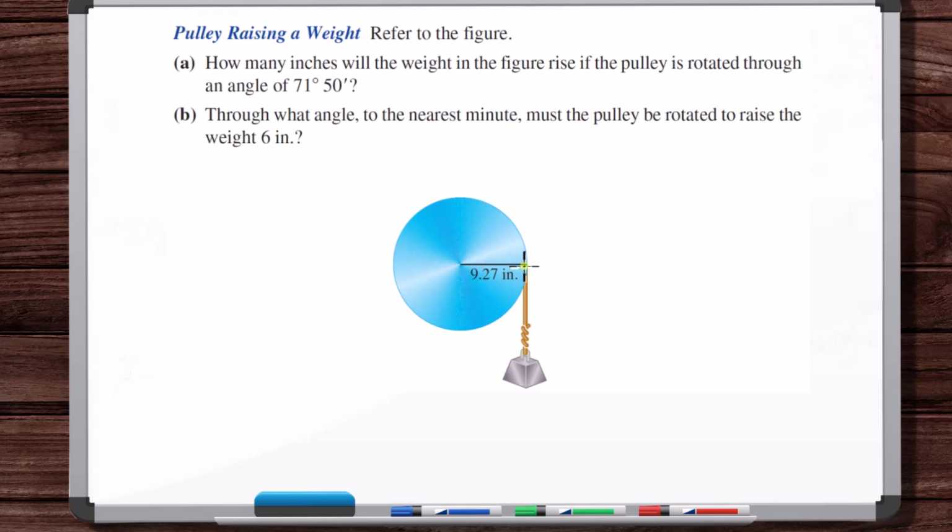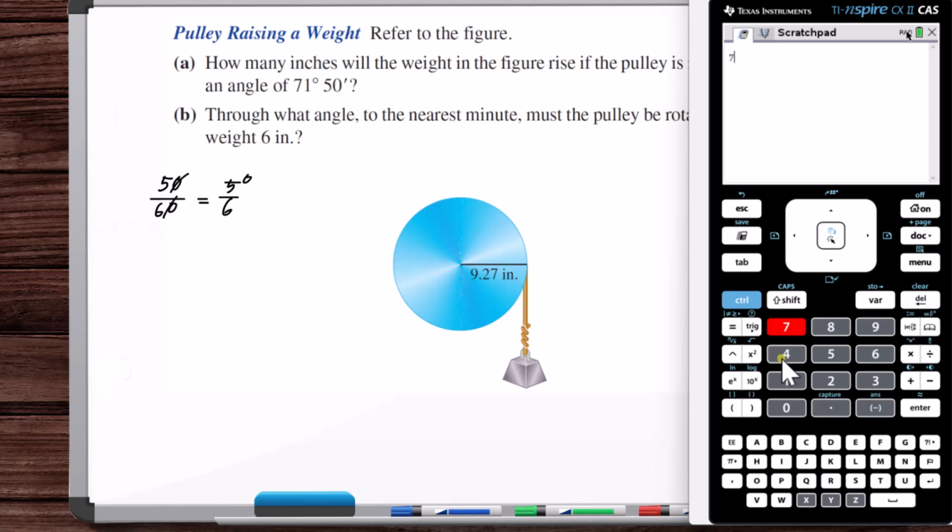The distance of arc length traversed through this angle is going to be the distance the weight moves. Okay, so what is 50 minutes in degrees? There's 60 minutes per degree, so 5/6 degrees. So you've got 71 and 5/6 degrees. So 71 times 6 plus 5, 431/6